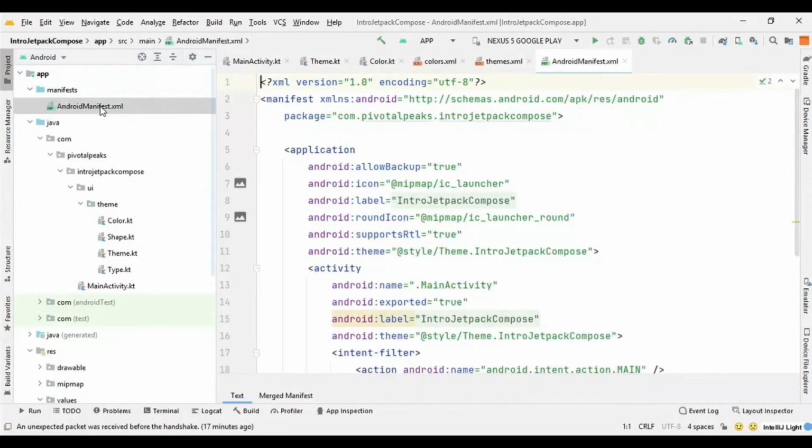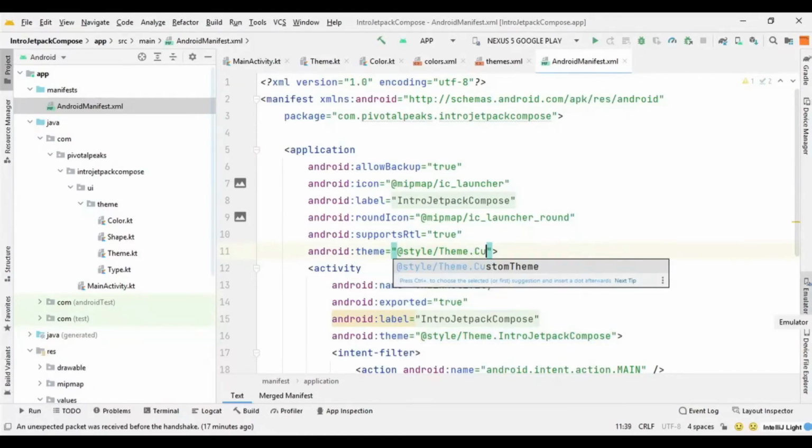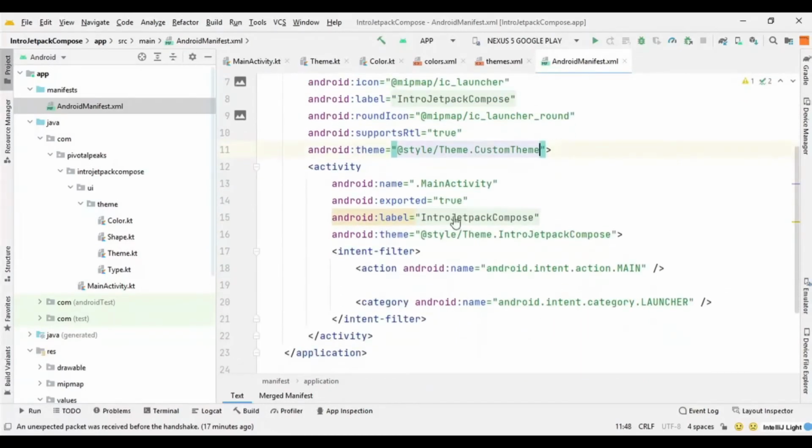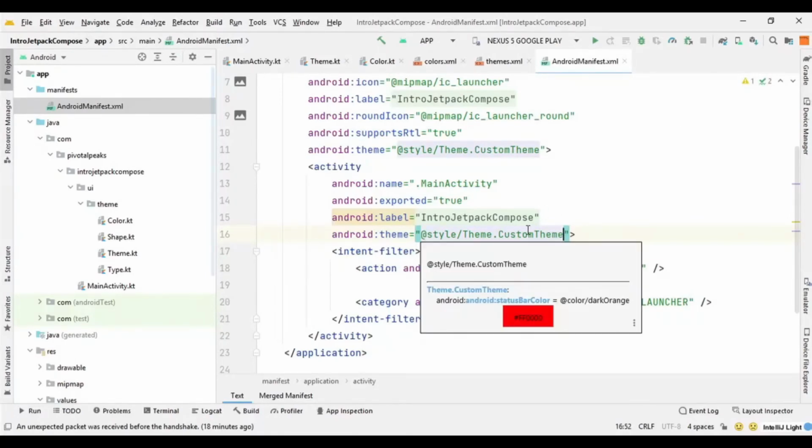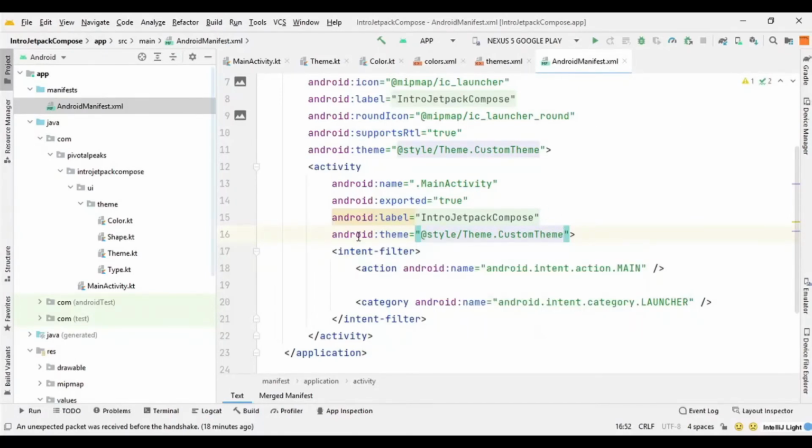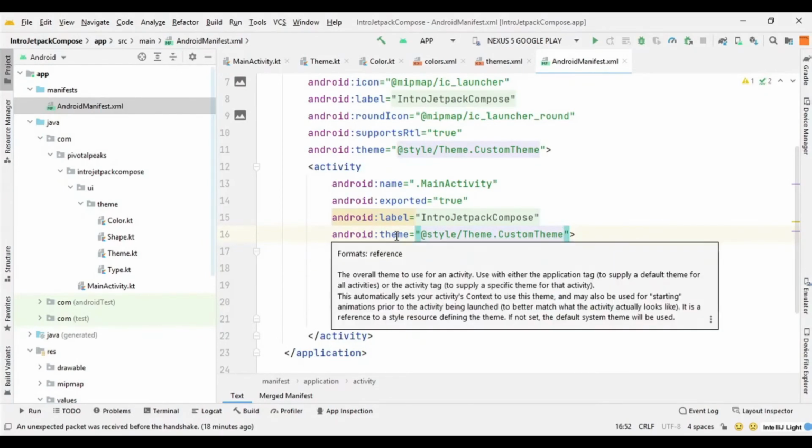So here you can go to manifest file, and for application level you can choose here the custom theme, and this is activity level declaration. So we also need to change it here because we only have one activity, the main activity. So I can say custom theme, and yeah, I think that's all you need to do to change the theme.